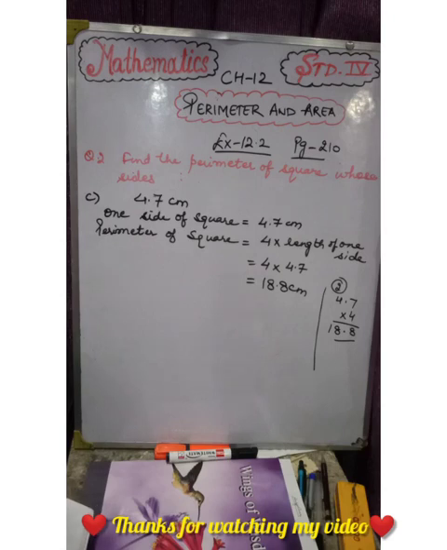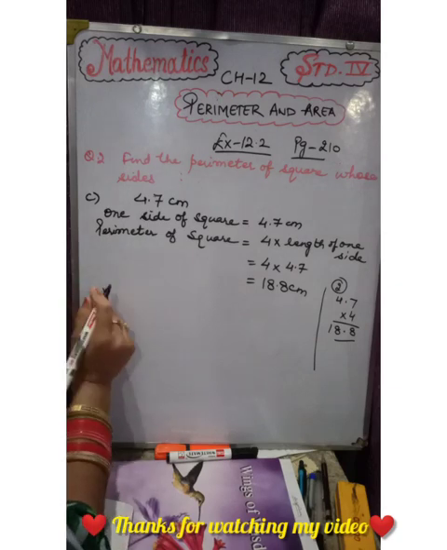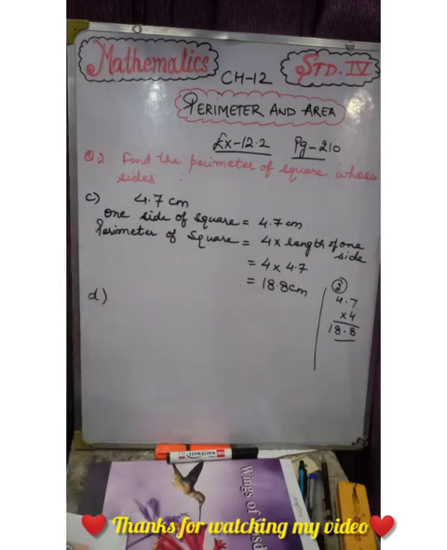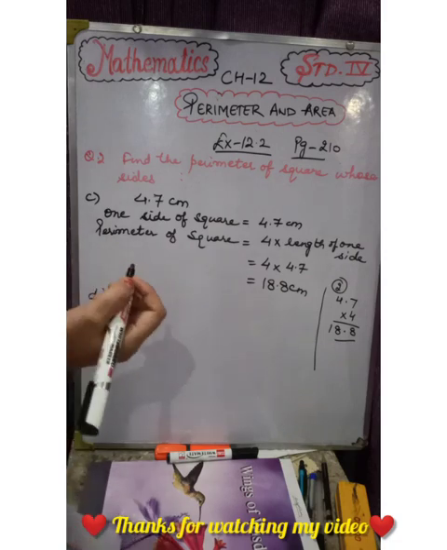Got it? Now the next F part. D part is same as we have done in B part. B and D part are same. E part is same as C part. So do it in your revision copy. Next is F part. So I will write here D part. I will write in the sequence ABCD. I will not miss any number here. So in your copy also you write in a serial number. Okay. Sequence should not be missed.